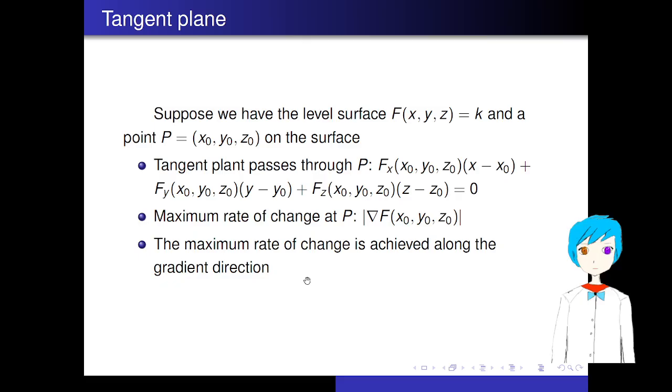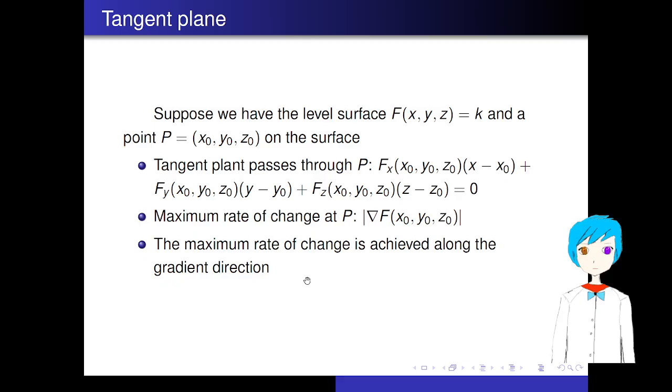So the plane has a normal vector partial f partial x, partial f partial y, and partial f partial z. The plane passes through the point P, so we have x minus x0, y minus y0, and z minus z0,